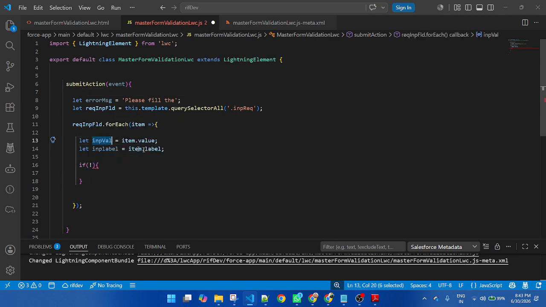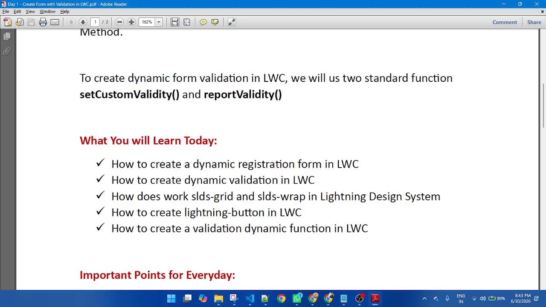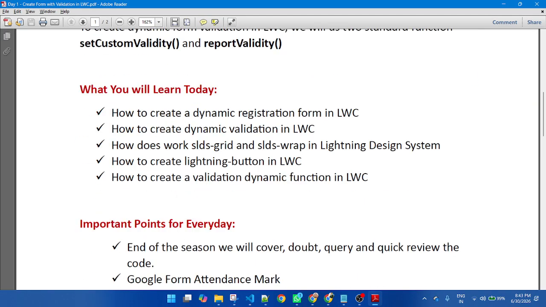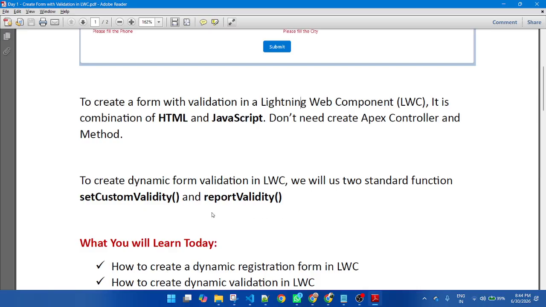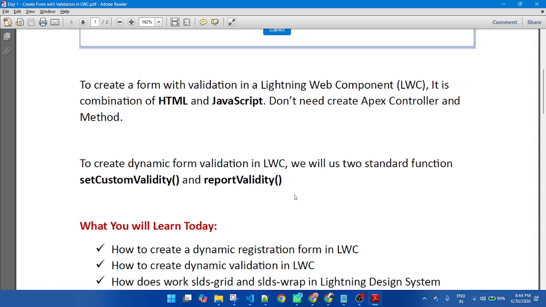If the value is not in the input field, then I will display the error message. If the value is not there, then what will I display? Error message. So here you can see in the document, I already mentioned there are two types of functions to display the error message in LWC: setCustomValidity and reportValidity. How do they work?